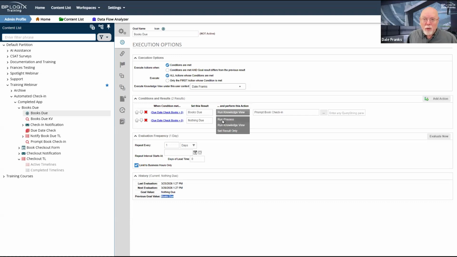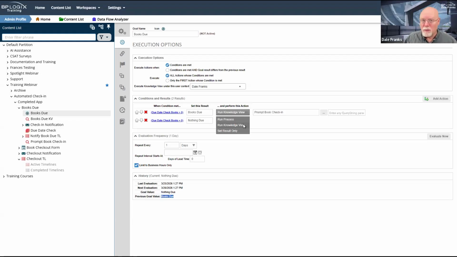I actually may need to run more than one process. Now, it would be great if I had all the information I needed as a goal to be able to invoke the process. And sometimes A, I do, or B, I don't care because the process is just going to run independently. So it doesn't really matter. But that's relatively rare. It happens more than just mildly occasionally. But I think probably if I was to do a survey, in most cases, I'm actually going to do multiple things or kick off multiple processes.